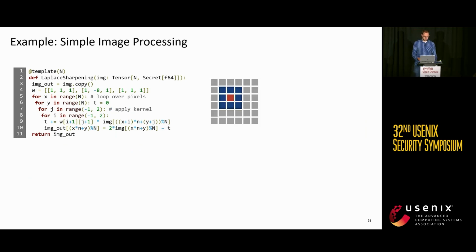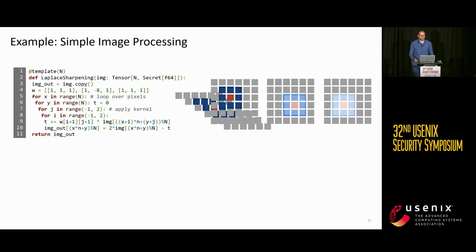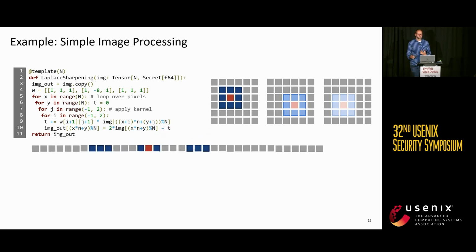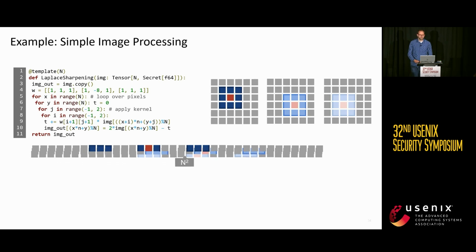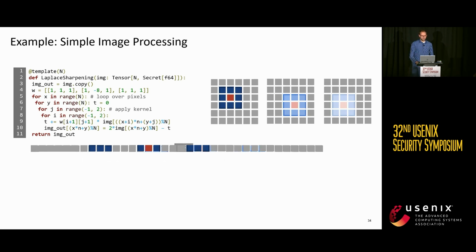So if we look at a few iterations of the program, specifically at what the underlying ciphertexts look like and which slots are being touched by different iterations, we can see that we can't apply SIMD operations because the slots just don't align. And as data movement is so expensive, rotating to align these slots would result in the same high cost that we just saw earlier. And instead, we need to really change our perspective and focus on the operations for a single iteration, but keep in mind what's happening to the slots of the other iterations.